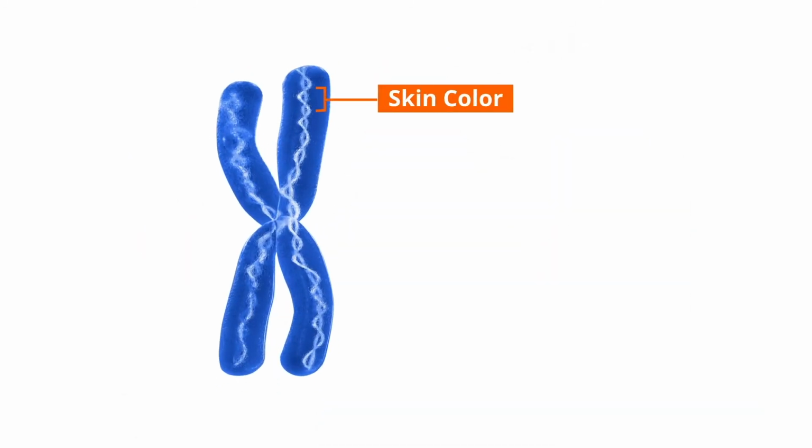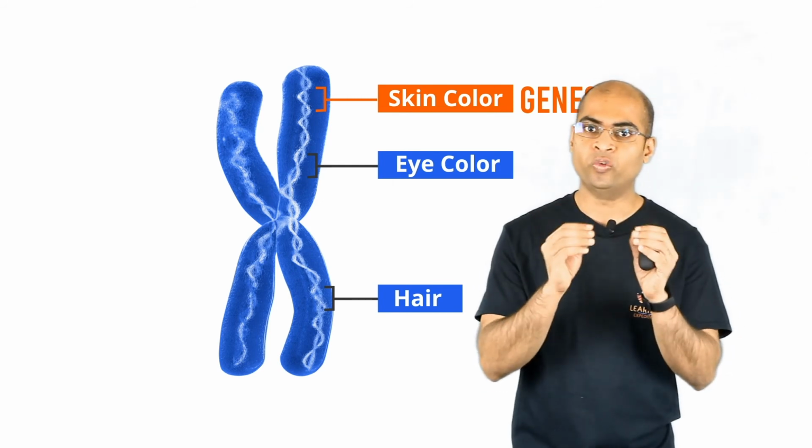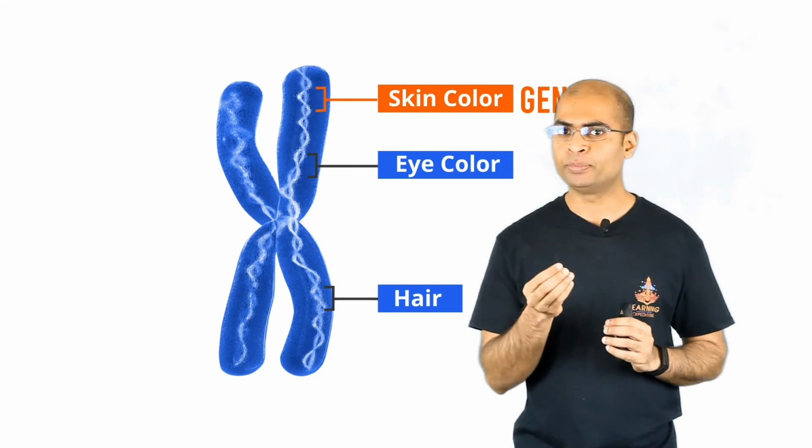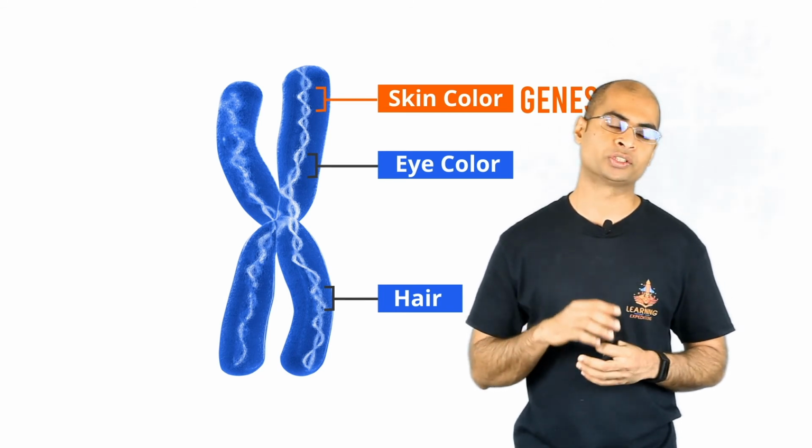But you should understand that chromosomes in the same person are actually the same in all the cells that they have. But depending on a specific type of cell, the relevant instructions are found only in certain segments of that chromosome called genes. For example, some genes of your chromosome encode instructions on what the color of the skin should be. So the cells in your skin look for those very specific instructions and use them to produce melanin, a colored substance or pigment that determines the color of your skin.